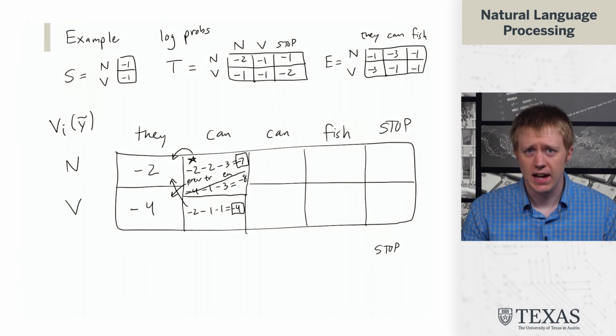Okay, so that tells us how the Viterbi algorithm works. The last thing I'm going to mention about it, from the perspective of implementation and debugging, is that a very good way to check this is to try it explicitly on a small example. It's exponential to enumerate all the possible sequences, but computers are pretty fast these days, and when you have just 4 or 5 words in a sentence, you actually can just enumerate them with a bunch of nested for loops. And so you should be able to confirm that this dynamic program is giving you the same result as explicitly doing this max over all these possible sequences.